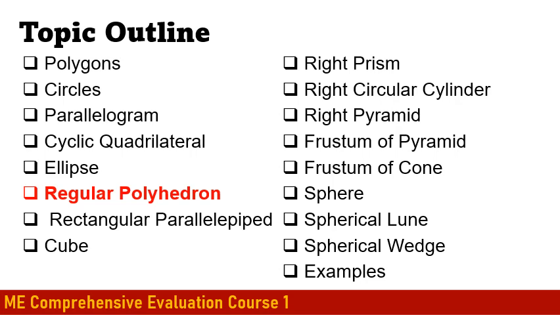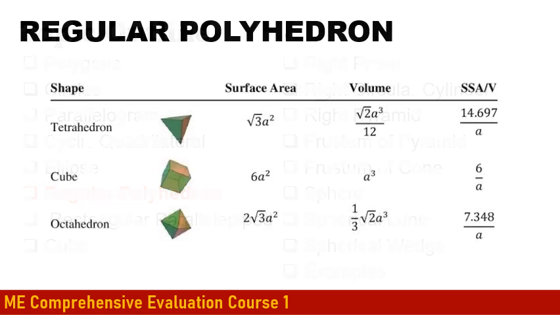Now let's proceed to regular polyhedra. Regular polyhedron means that they have equal faces, so the area of each of the faces are all equal. We have a tetrahedron, for example. The surface area can be computed using this formula, the volume, and we can also get here the ratio of the surface area to the volume. For the cube, you also have here the surface area, the volume, and also the ratio. And for the octahedron,